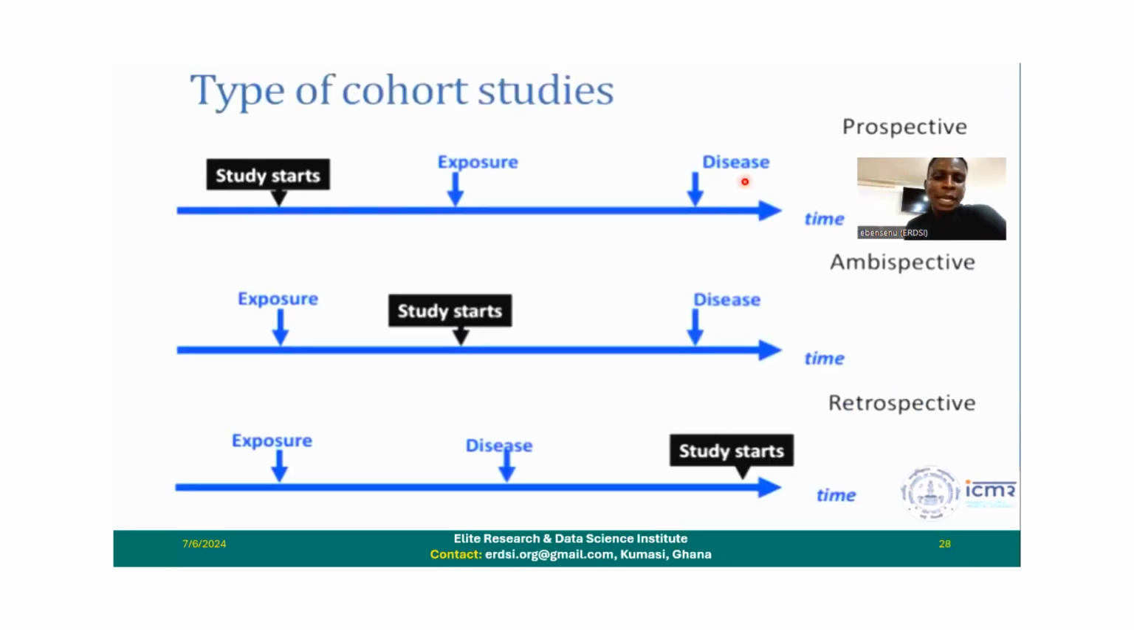What are the various types of cohort study? We can have what we call the prospective cohort, we can have what we call anticipatory cohort, and retrospective cohort. What are they? So for example,